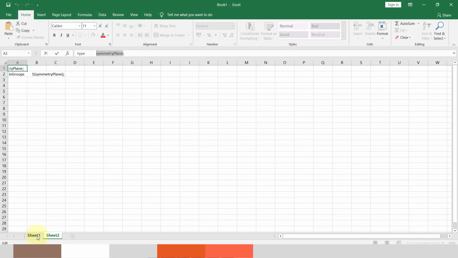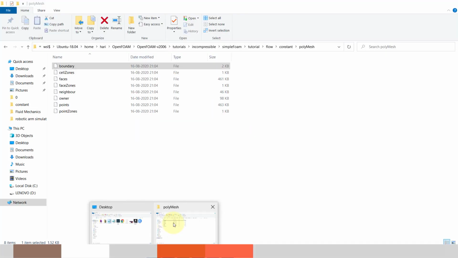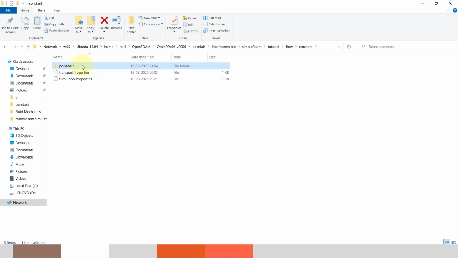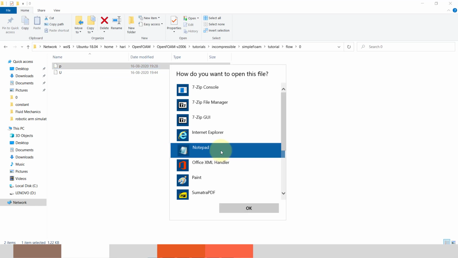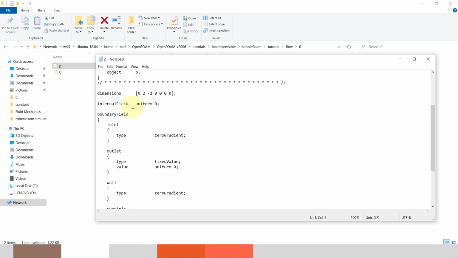Now we go to our zero folder. It is the pressure file. This is the dimension unit, defined as meter squared per second squared. This is the internal field, uniformly zero.